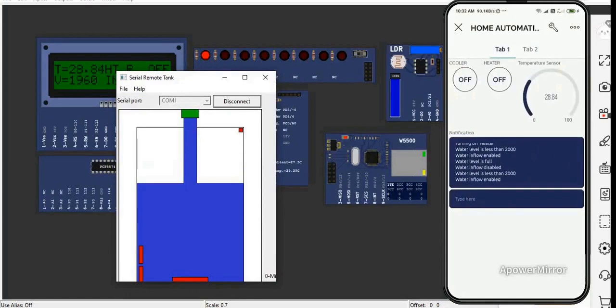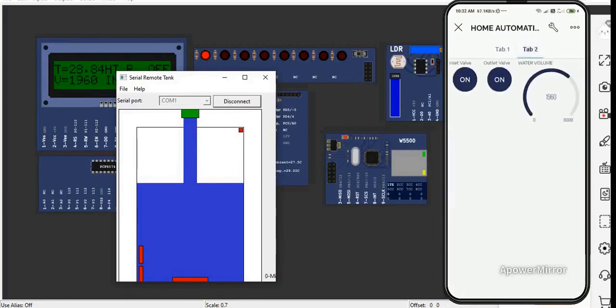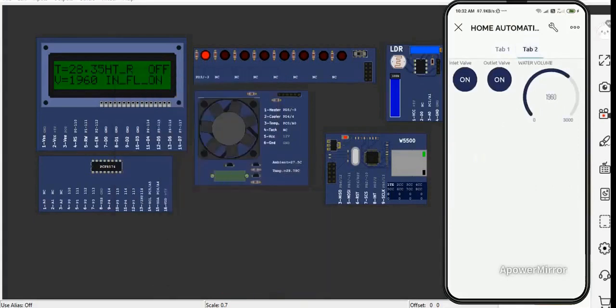When the water level is less than 2000, the outlet valve will be closed. This is the Ethernet shield, and this is the LDR sensor, and this is the heater system, and this is the LED, and this is